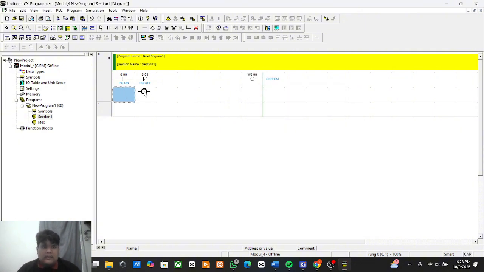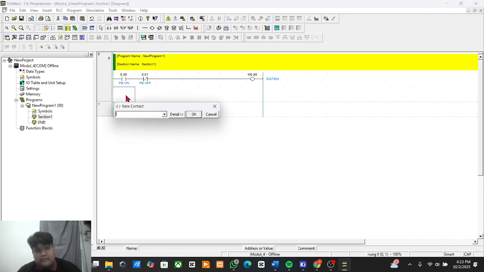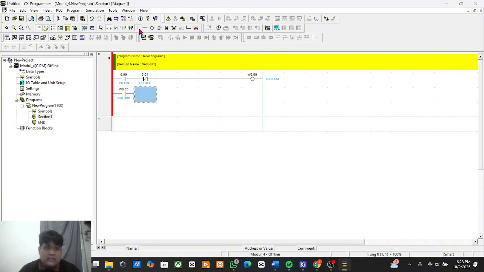Then under the push button on, we add a new contact for the system only, W0.00. It's vertical plus this. This is the first circuit.